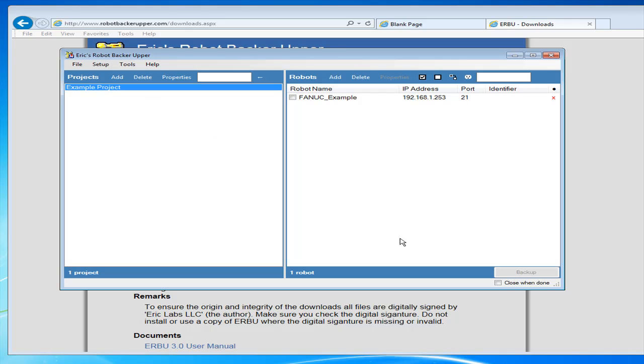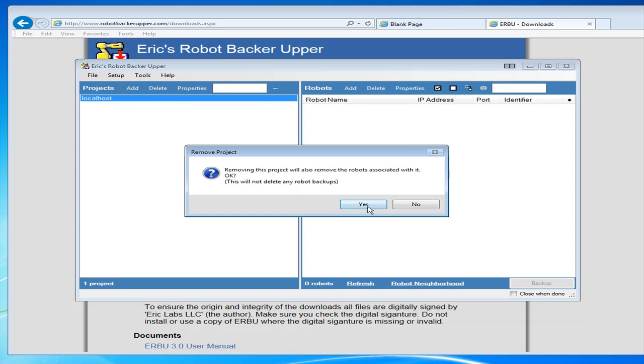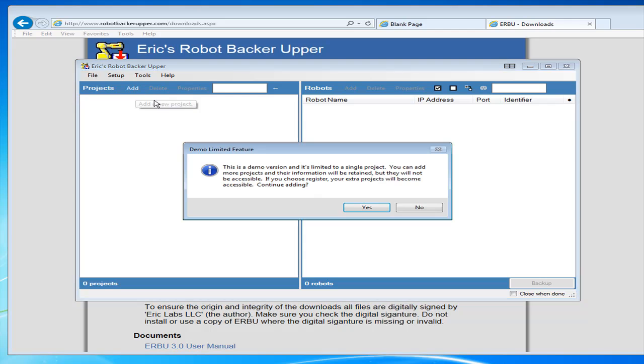So for now, I'm going to show you how to do a backup, and what I'm going to do, I have a virtual robot running on this machine, so I'm going to delete this guy, and so now I'll delete that too. I'll add a localhost. Localhost is a